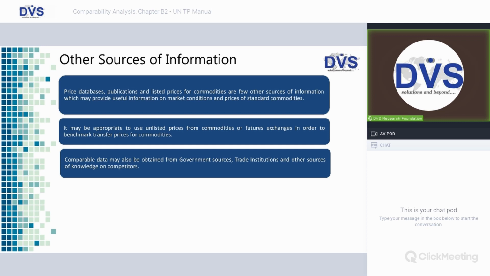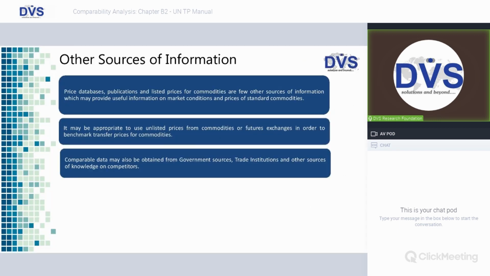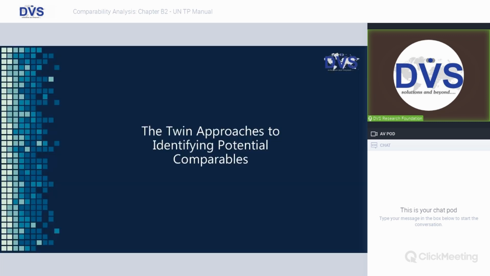No need of using a database for getting the comparable companies. Other sources of information are price databases, publications, and listed prices for commodities. Transfer pricing can be done using this information. Again, we need to consider the authenticity. This information has to be from formal sources. We cannot use informal sources and conclude our TP study. So that one point needs to be checked while using the